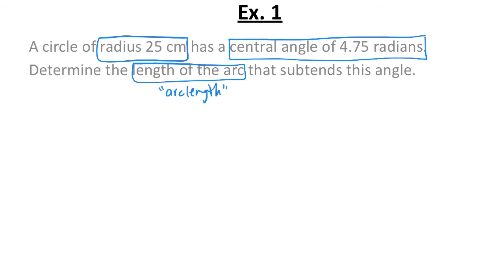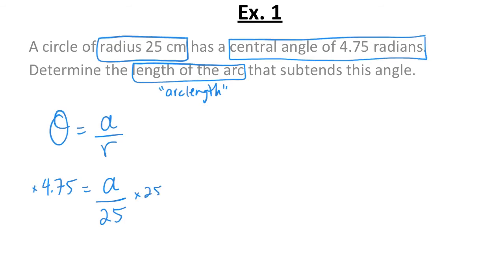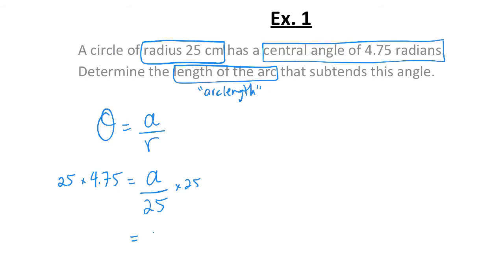So I hope that makes you think of that equation that we talked about at the beginning of the lesson, which is kind of like the definition of what radian measure is, which is the ratio of the arc length to the radius of the circle. So I'm going to fill in everything that I know. We know that the central angle is 4.75 radians, so that 4.75 goes in where the theta was. We don't know what the arc length is, that's our unknown, but we know that the radius is 25. So now we have a really simple equation that we just need to rearrange and solve. So I'll multiply both sides by 25, and we get an answer for the arc length, which is